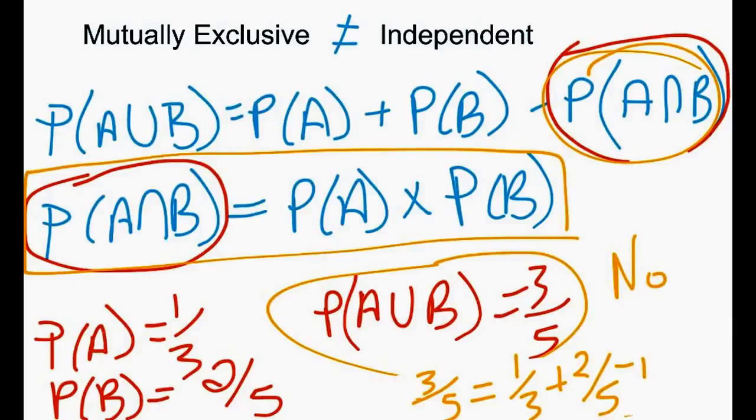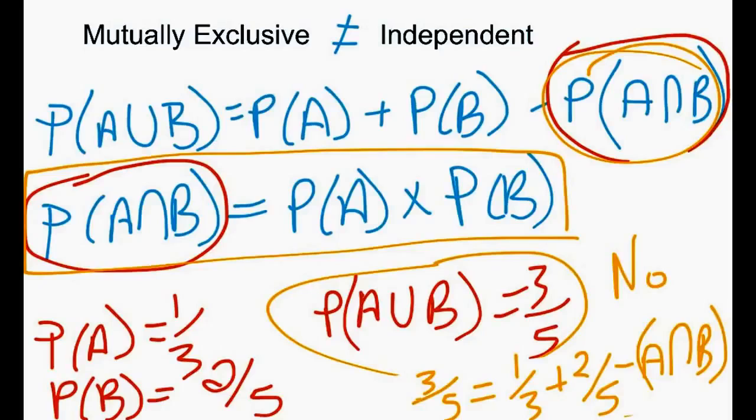So 1/3 plus 2/5 is 6/15 and 5/15, so it'd be 11/15. I can't do this in my head, so I'm going to use my calculator here. What we want to figure out is A and B. So on your calculator, if you go 1/3 plus 2/5, that equals 0.733, and we want to go 3/5